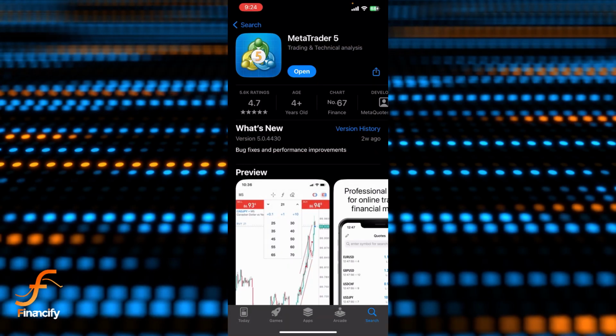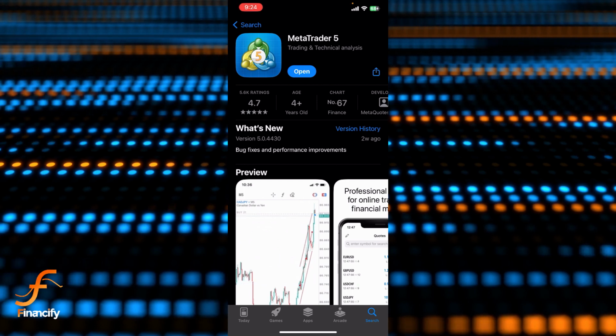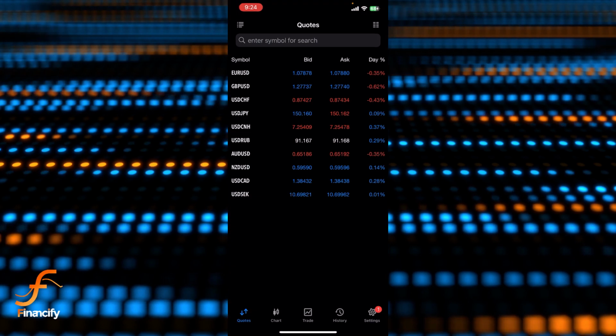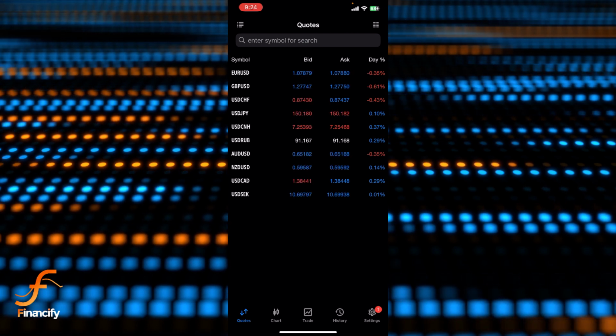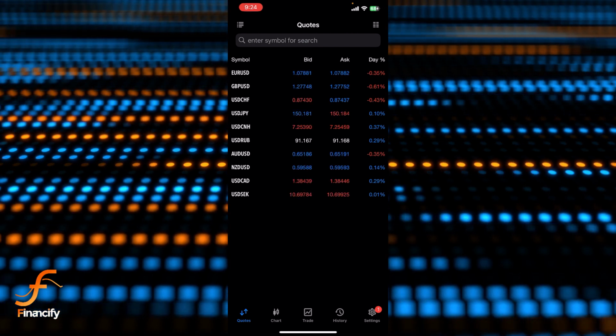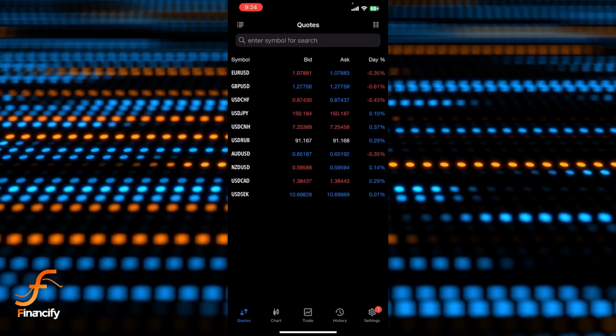First things first, I assume that you have already downloaded the MetaTrader 5 app, and once you open it, make sure you are already logged in as well. Right after that you will be able to see the interface or dashboard of the MetaTrader 5 app on the screen. So now if you want to check your balance, then what you can basically do is